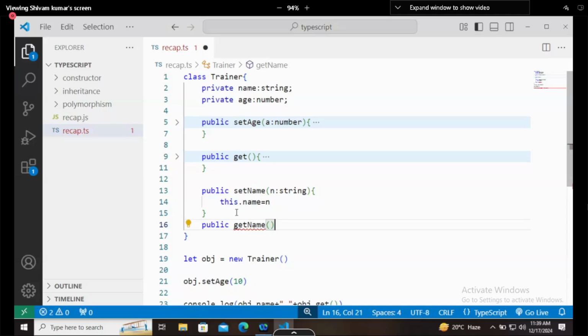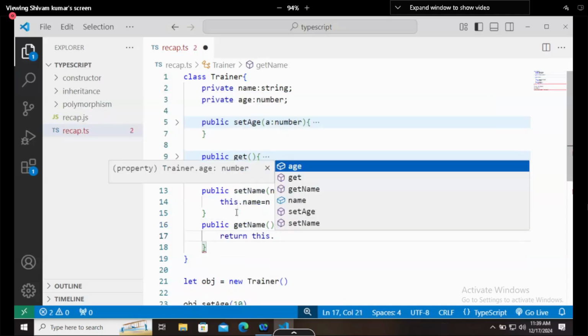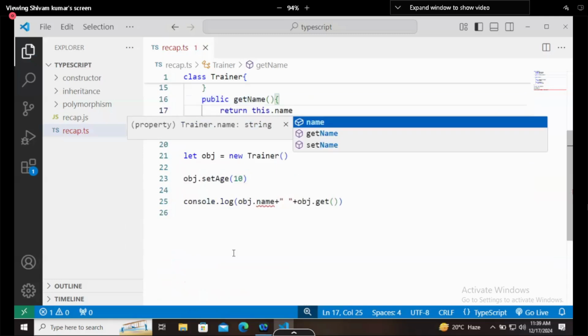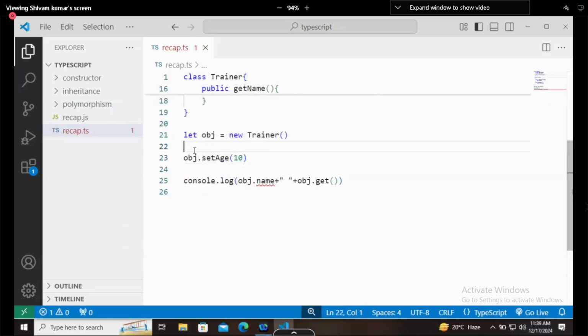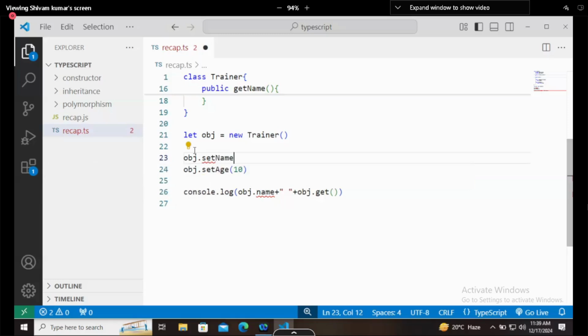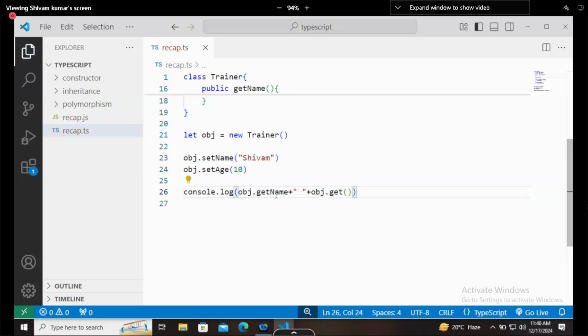And what getName will do, it will simply return this.name. Okay, now here age is getting set this way, you can set the name also. So I will say object.setName, and it is a function and it will accept one value, Shivam. Here instead of name, what you have to print, object.getName.